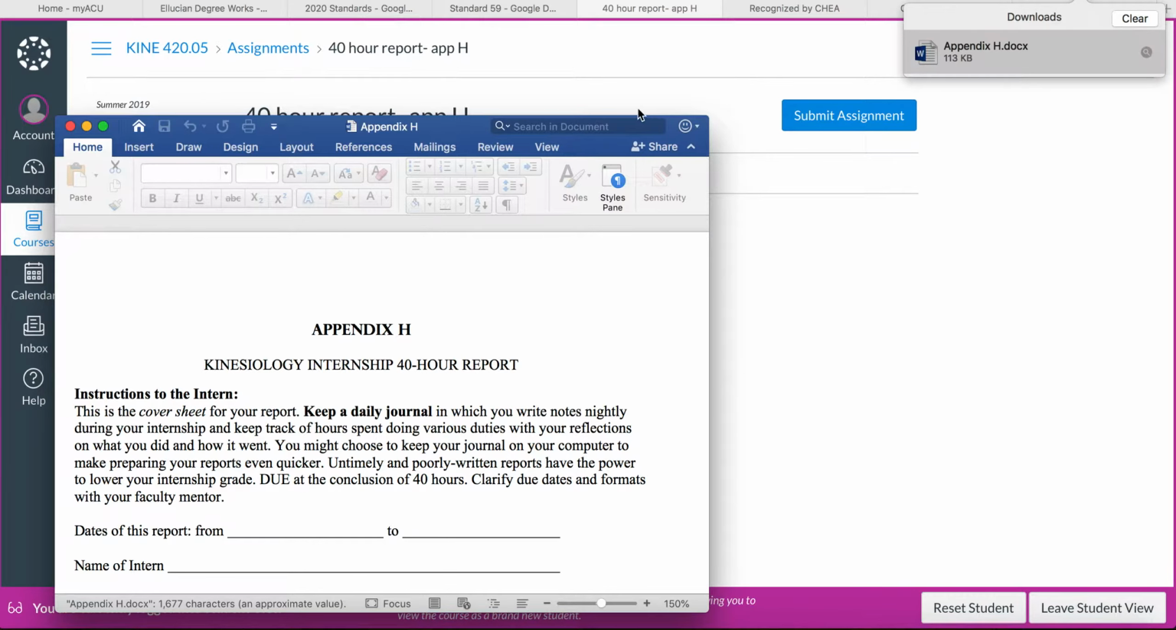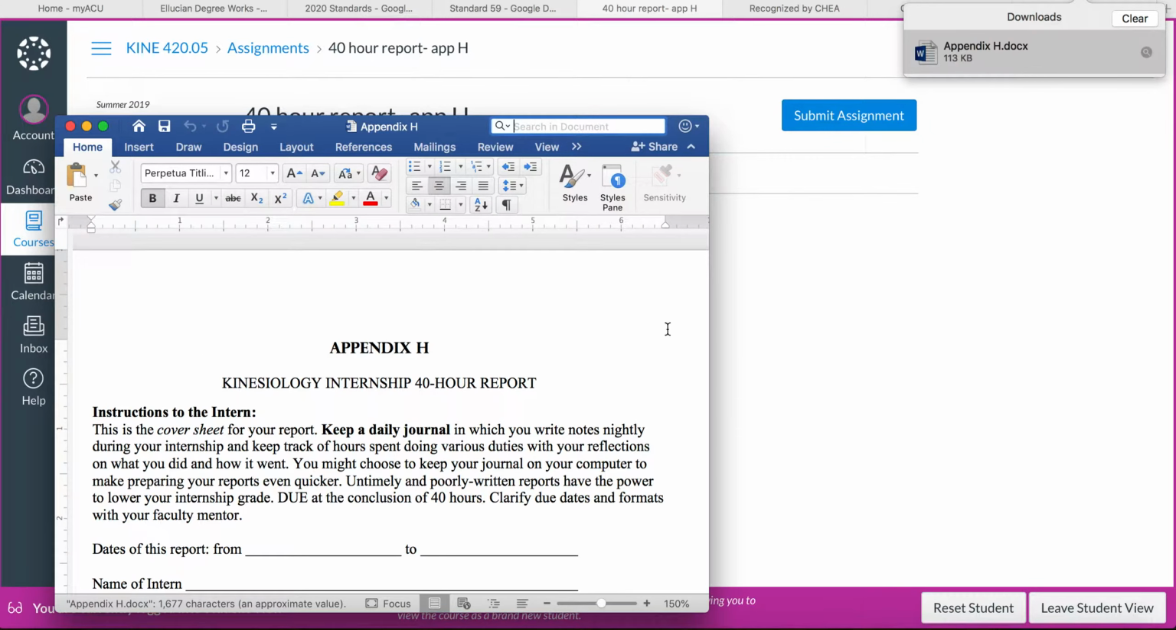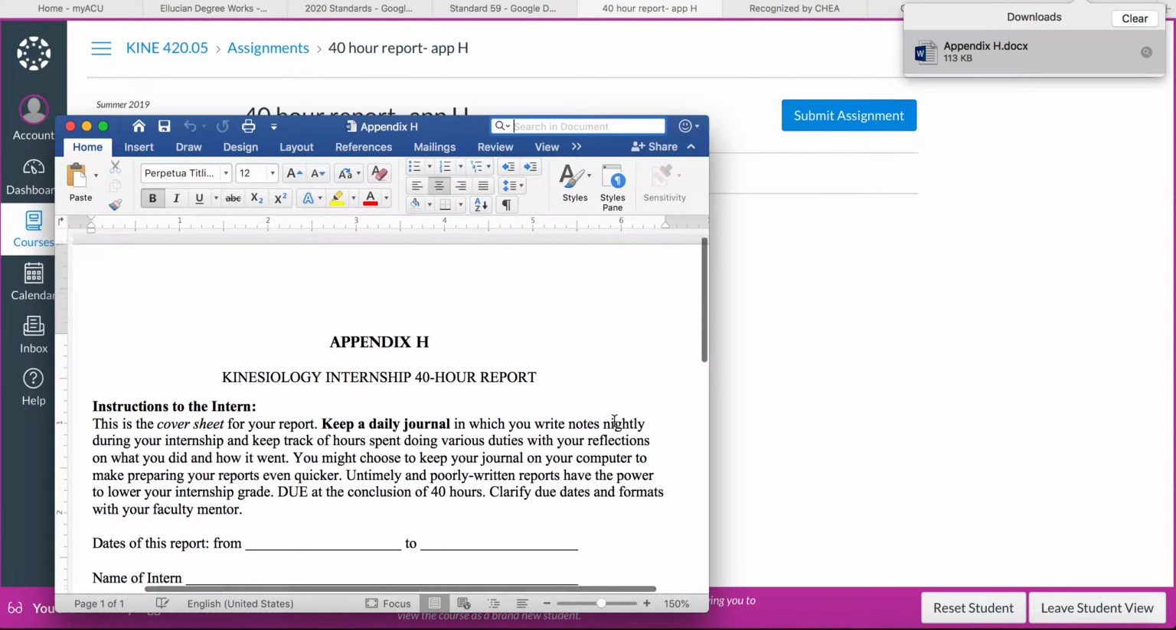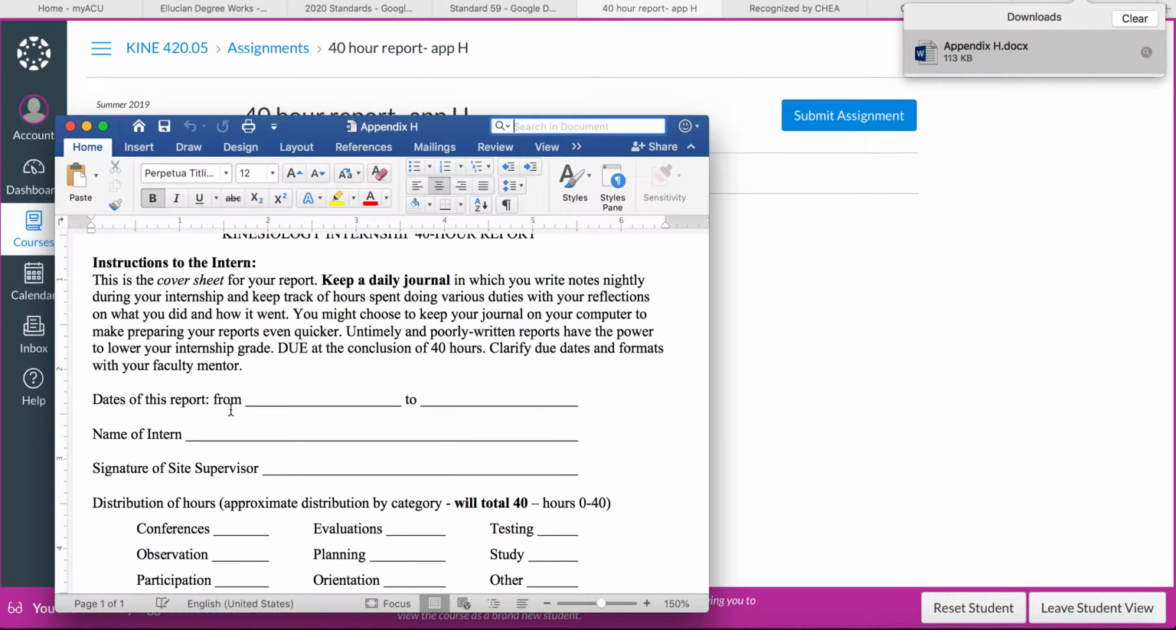So you'll put, I hope you can see this, Appendix H, but you can download all these. So the dates that it took you from when you started to when you got to 40 hours, the name, your site supervisor should sign here, total what you did in here, and then you're going to answer these questions. Also, in this,